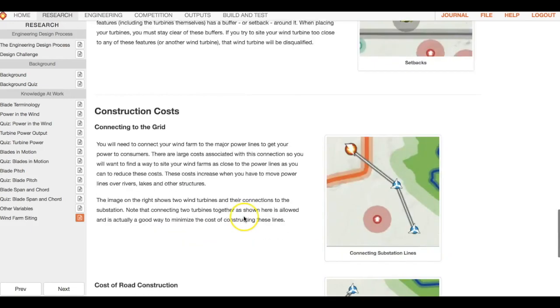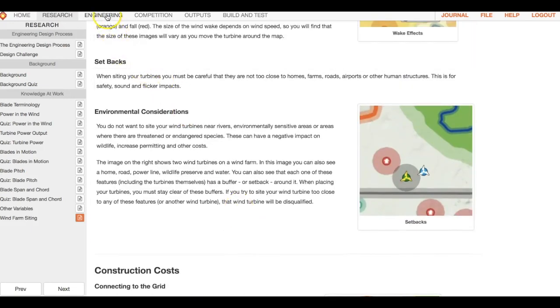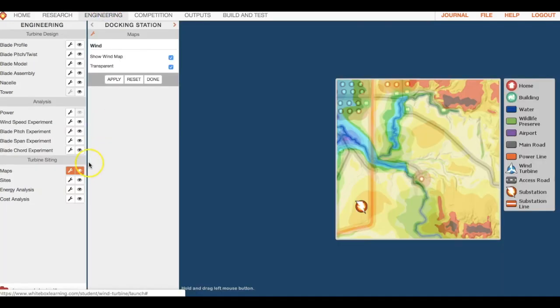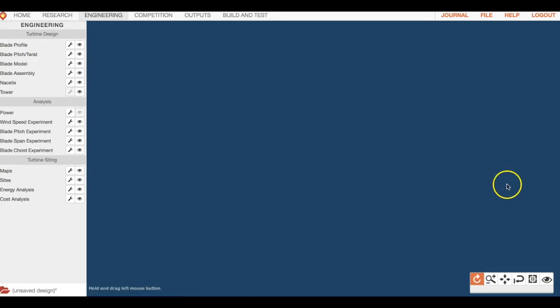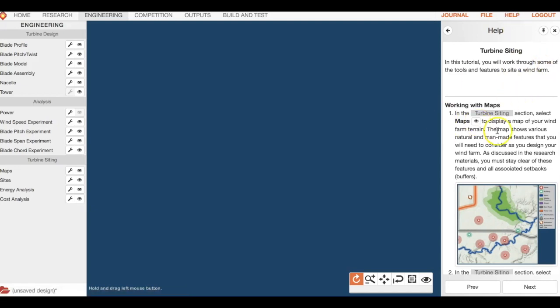Okay, so let's head back into engineering and start playing around with the help section there so we can better understand the tools. Okay, let's start with the help button, and we're gonna focus our attention on turbine siting. It's down here. You're gonna open up the eyeball